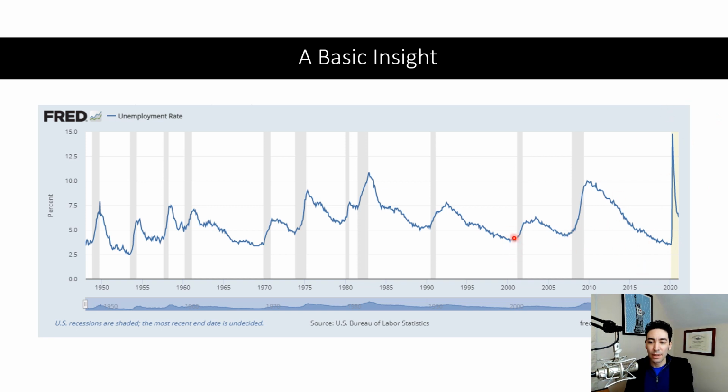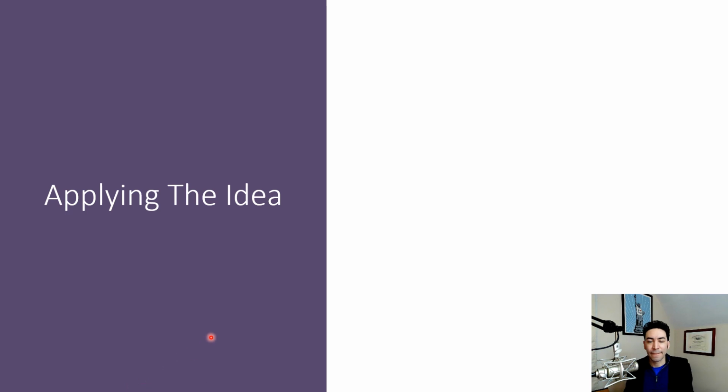But if you go into the rest of these, the unemployment rate starts ticking up. I mean, this is a lot of years, right? If you really zoomed in, you'd see that, roughly speaking, the unemployment rate ticks up 9 months before an actual recession. So that's a pretty useful indicator, right? And so you could take that idea and say, okay, I'm going to measure just the unemployment rate and make sure that it doesn't tick up too much too fast by some well-defined measure, and then trade based on that. And if you did that,